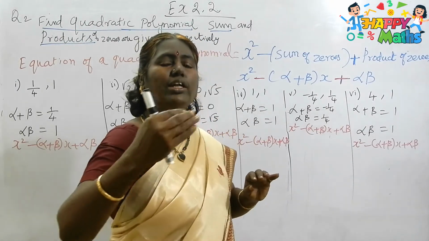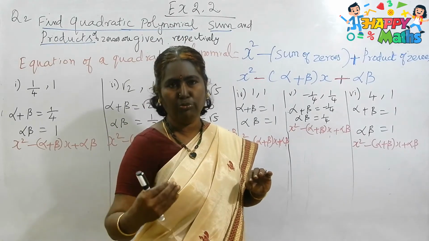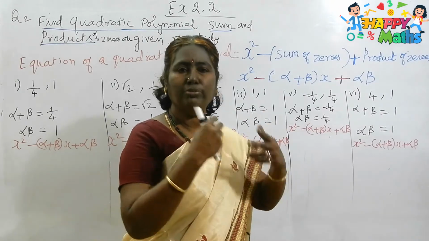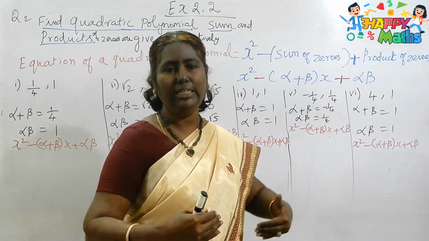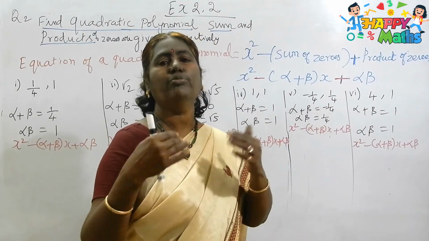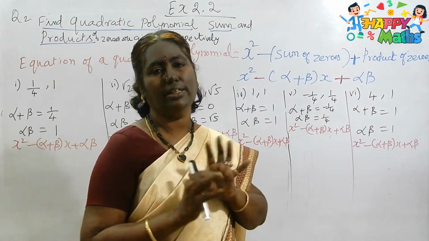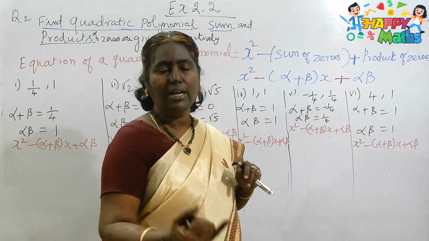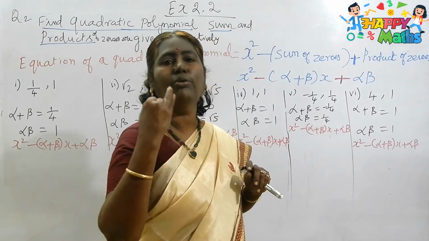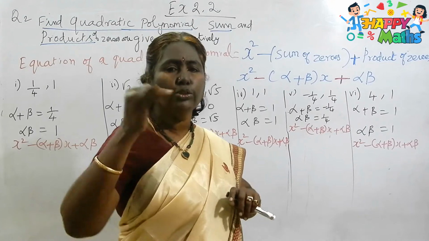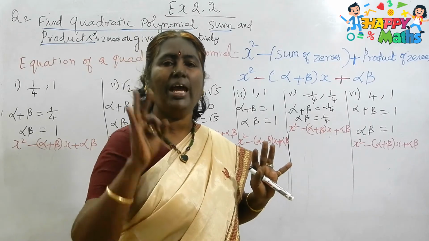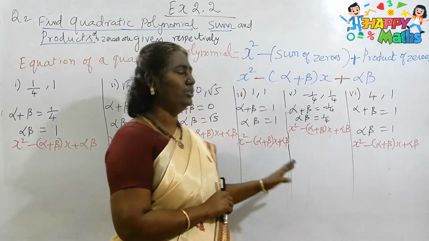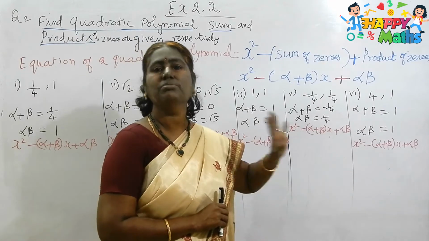Because when they allot the marks in the 10th board exam, they will allot 1 mark for the formula, some marks for your method of doing it, some for the concept, and some marks for your answer key. So they will divide the marks into 4 divisions. So formulas, how you understood the concept, which method you are following, whatever method, you have to follow one method, and the answer mark. Then only the formula will earn a mark for you. So that is why I have written the formulas in all the sums first.